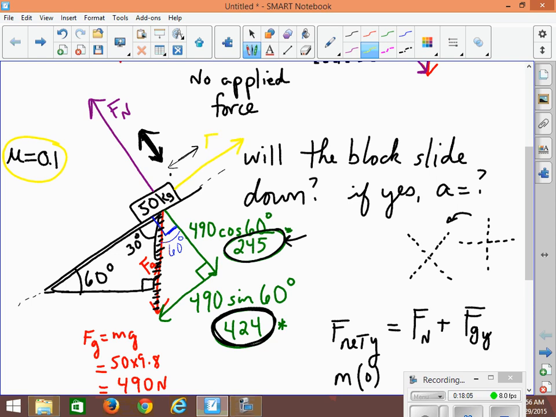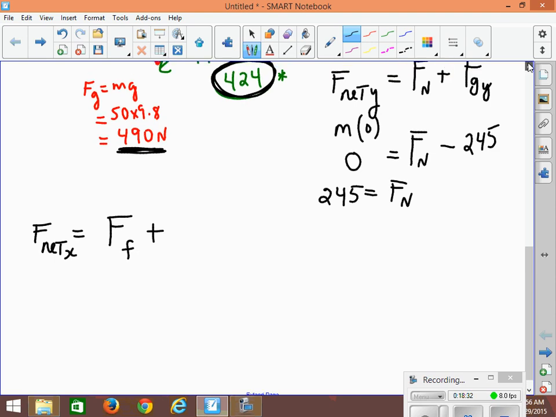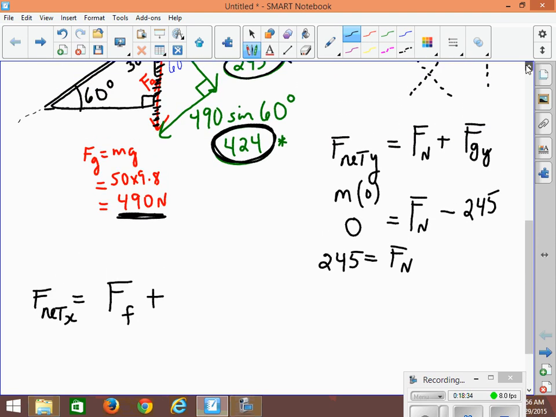So we could add the frictional force in here and call it friction in this case, because nobody's pulling on the block, so there's no question as to which way it's going to go. It's either going to go down the slope or it's going to stay still. It will never go up the slope. And so in order for it to go down or stay still, friction has to work that way. So we'll put the friction in there now, and now we can finish our Fnet x, which is the force of friction plus the horizontal component of gravity, this way,